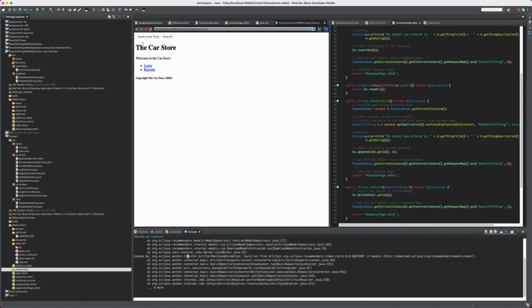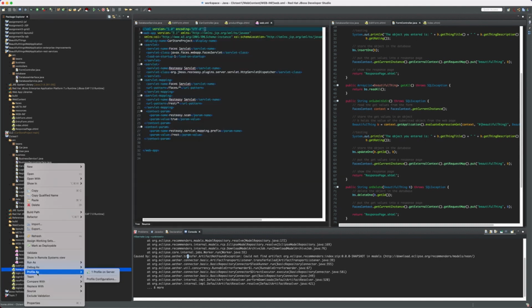So here we can come to register. We can put in first name, David, last name, email, address, phone, username, password. We can click register and it'll bring us to a list of all of our cars. And this is just obviously for testing, but if we go back to the home page,